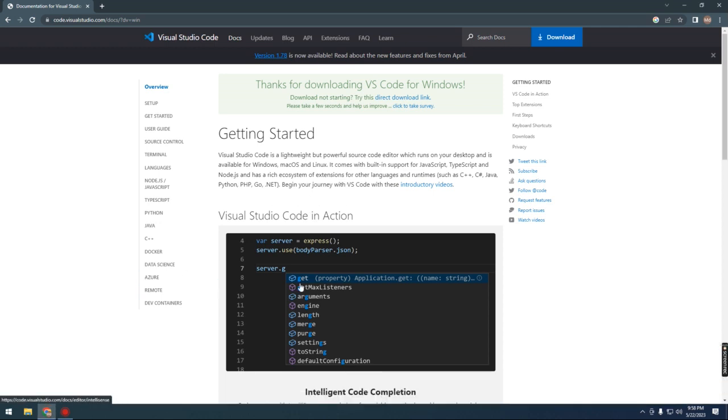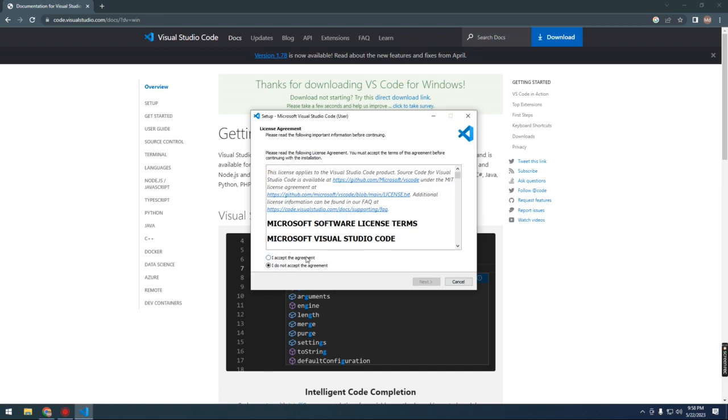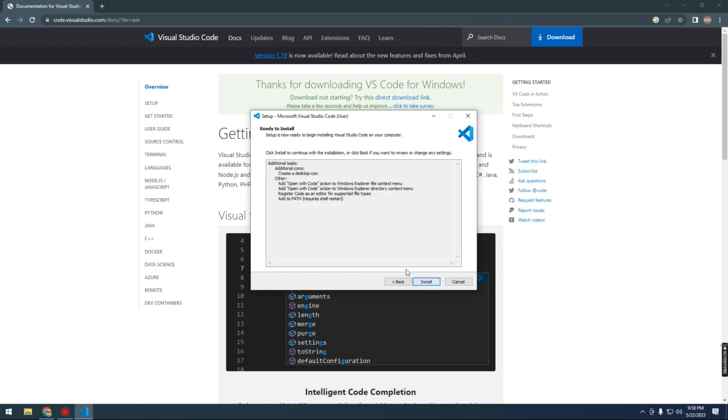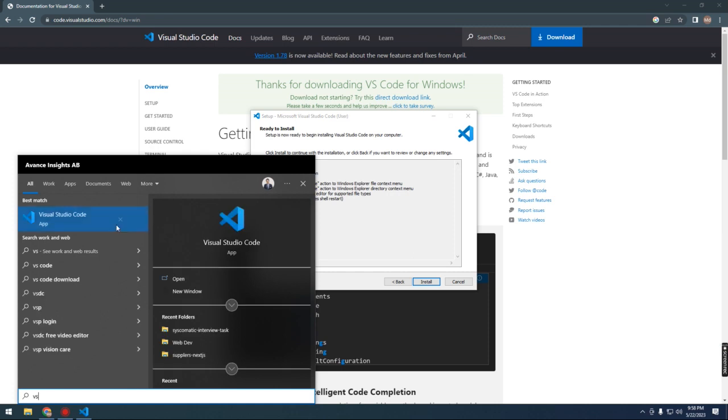Okay, so I've clicked it. It should open very soon. I accept the agreement. You should add the "Open with Code" action to Windows Explorer because it is very helpful sometimes. Next, install. So clicking it will install it, but as I've mentioned, I already have it installed here,